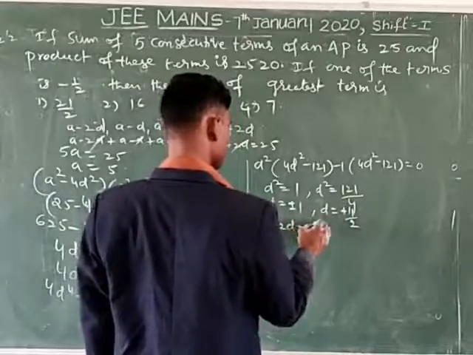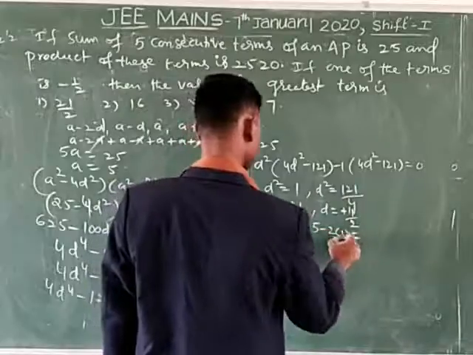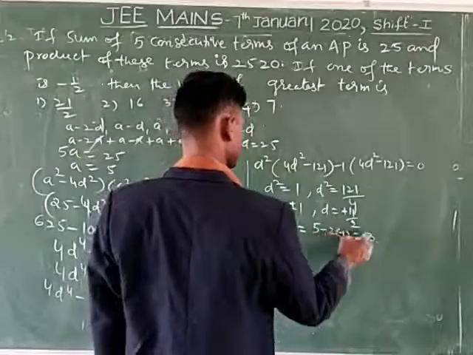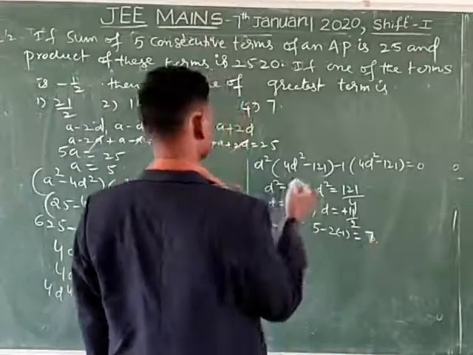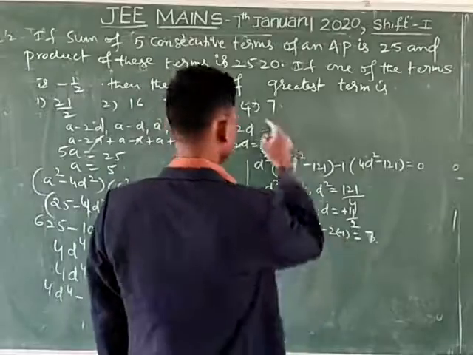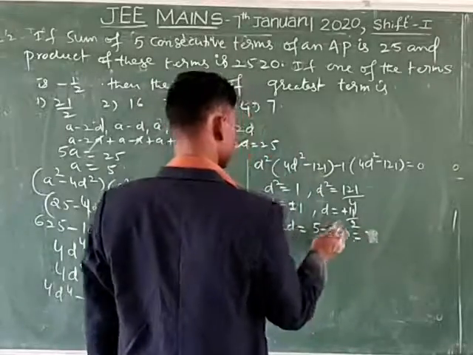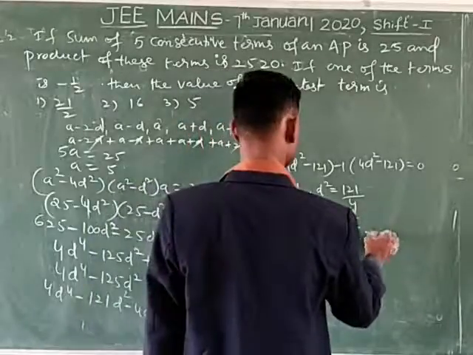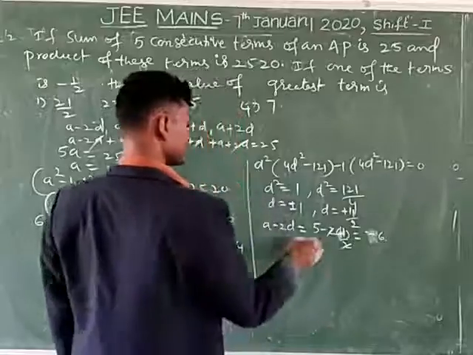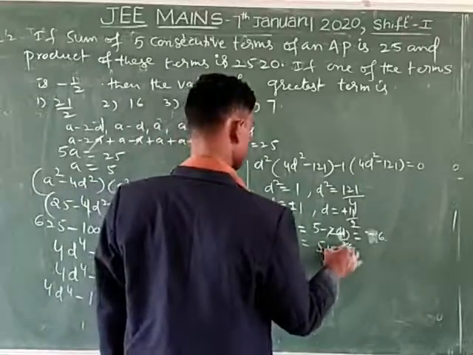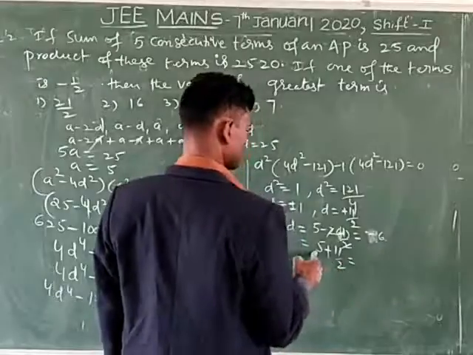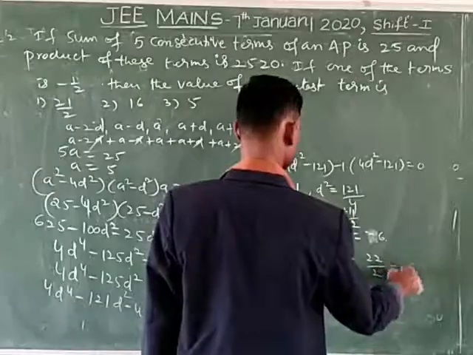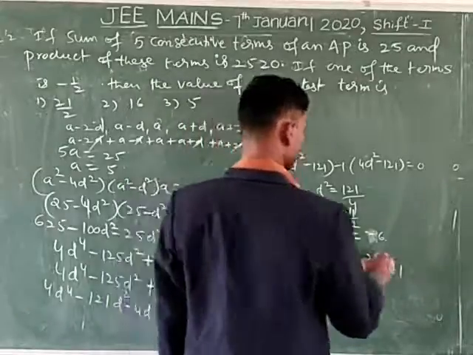D is equal to 1, you have to take, and d is equal to 5 minus 2 is equal to 1. Here this is 3. And suppose you have to take minus 1, means this is 7. Okay, here 7 also there. Next you have to take 11 by 2, means here 11 by 2. 2 to cancel means here 11 minus 5 minus 6. Suppose you have to take minus 11 by 2. 5 plus 11 by 2, 5 2s are 10, 10 plus 11 is 21, so 21 by 2.